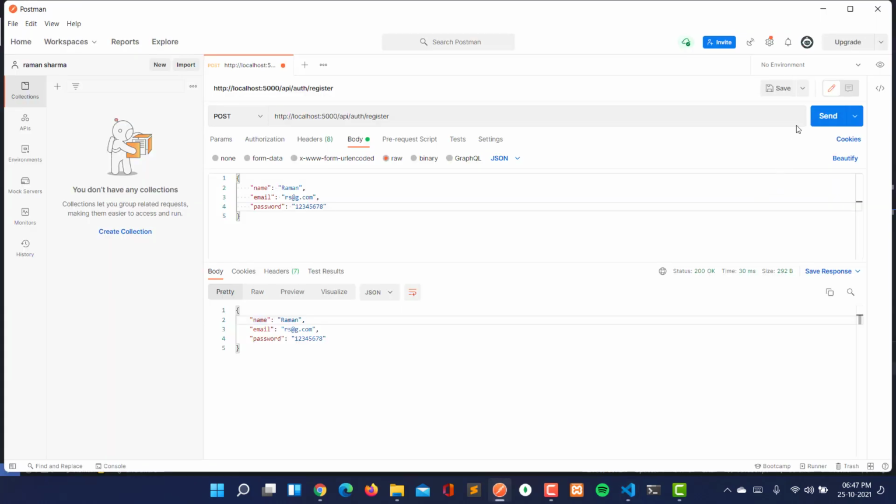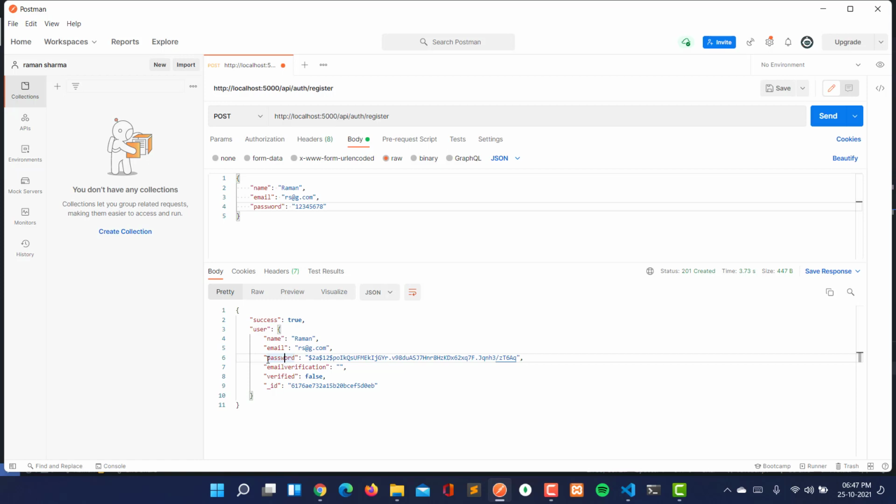Now we can try. Now let's send this post request here. Now we should get the object as a response. So the object will be created by Mongoose and MongoDB. And see that here we are getting the object, that is success true, and user we are getting name, email, and this password we should not have. So that we will do in the next video.